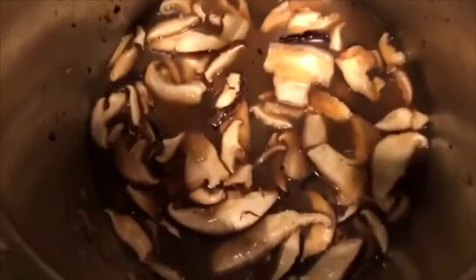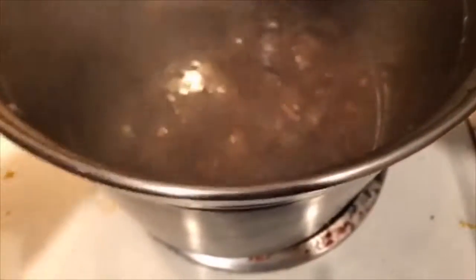So this has now been simmering for about 3 hours, 3.5 hours. And I had a lid on it, so not much evaporated out of it, as you can probably notice. But it's deepened a lot in color. The shiitake mushrooms have really taken on a meaty flavor or texture, and they've rehydrated a little bit, so you can't see much. And the onions are really soft. And so now I'm going to